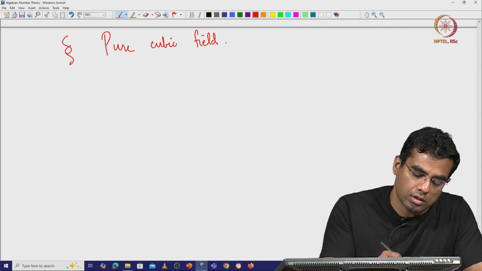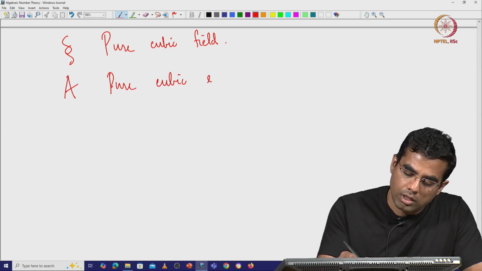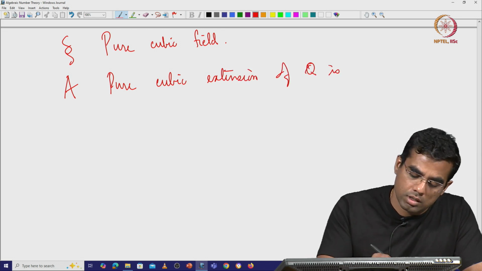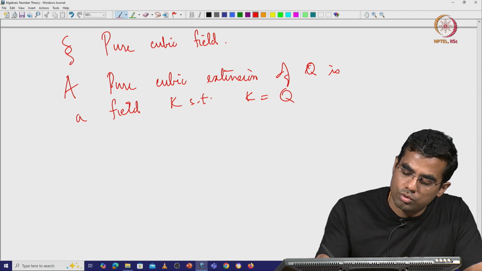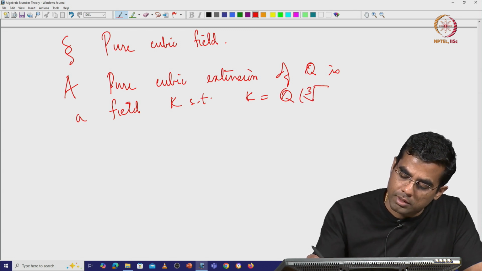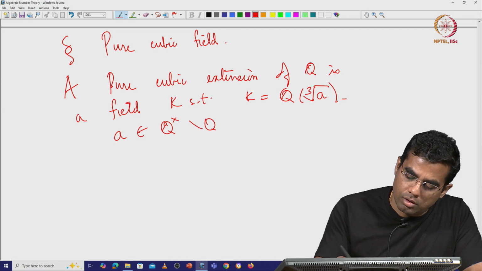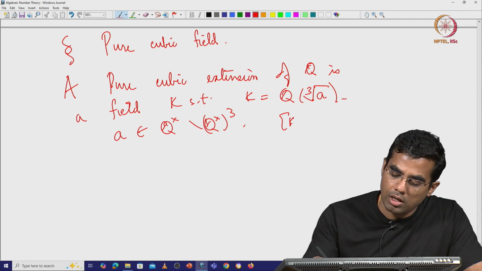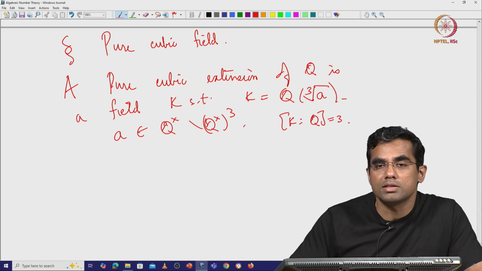A pure cubic extension of Q is a field K such that K is Q of the cube root of some number A, where A is in Q cross, but not in Q cross cubed. So K over Q is of degree 3, and necessarily this is not